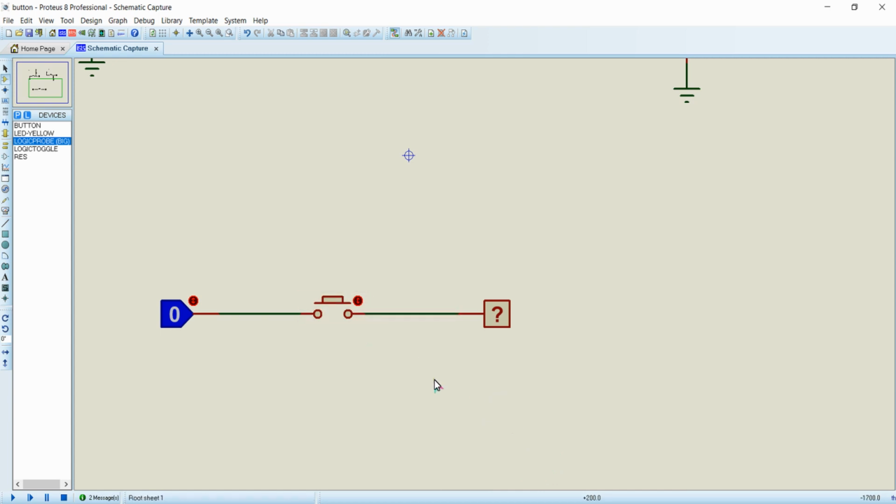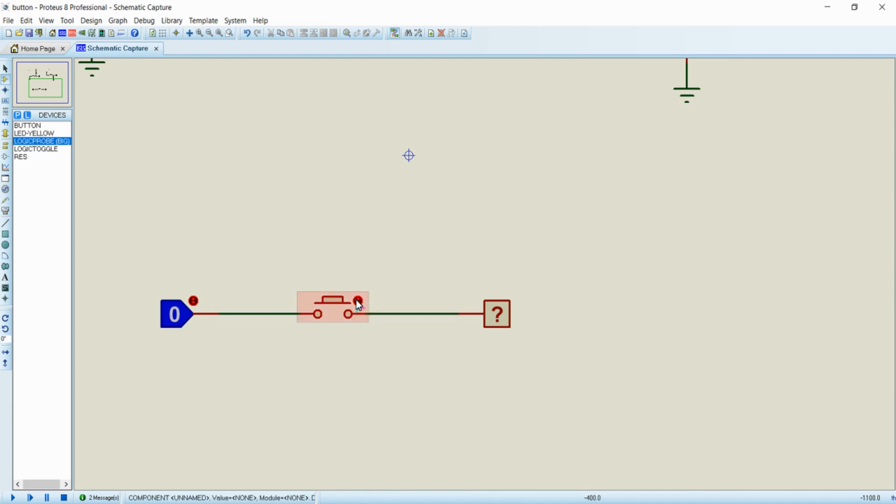Buttons are normally a contact which will make two terminals come in contact when you press the button, and when you release the button it will make those two terminals go out of contact.